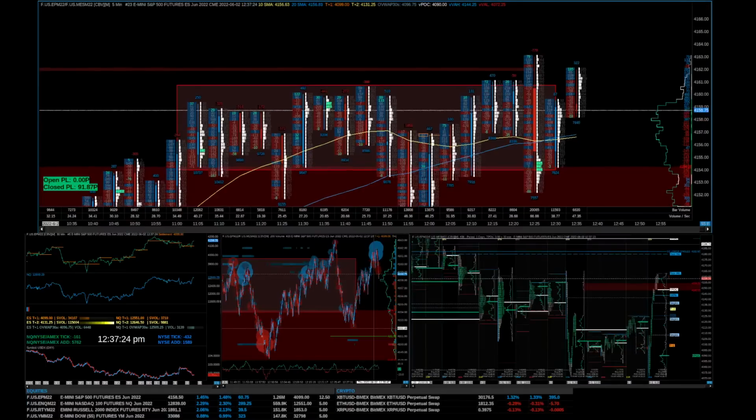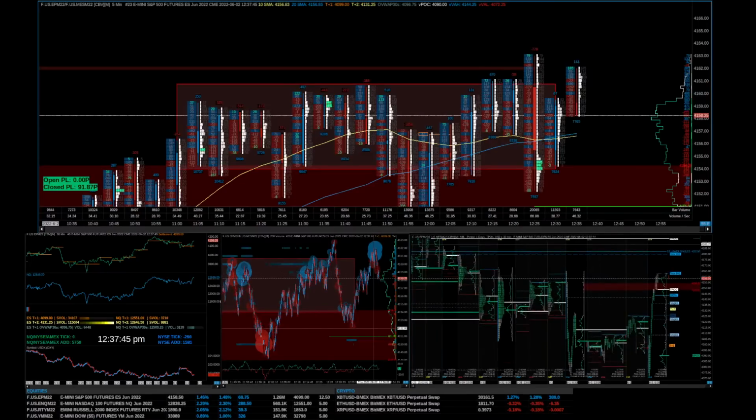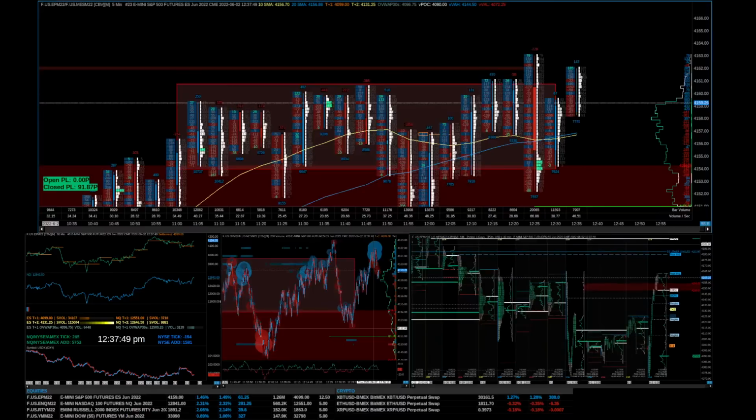I've even talked to him a few times. Not about his service, just about how he breaks down the market. And his levels were like 5 points apart. Little zones of like 2 to 3 points. And then he would say, the first level is the lowest probability reversal. The second level is the next, medium probability. And the third level was the highest probability reversal. So I was like, okay, well,